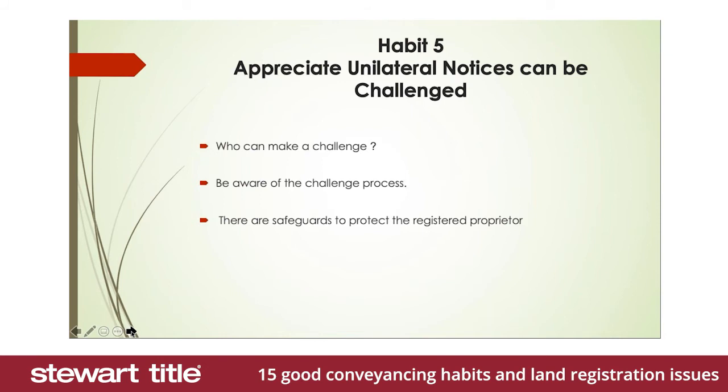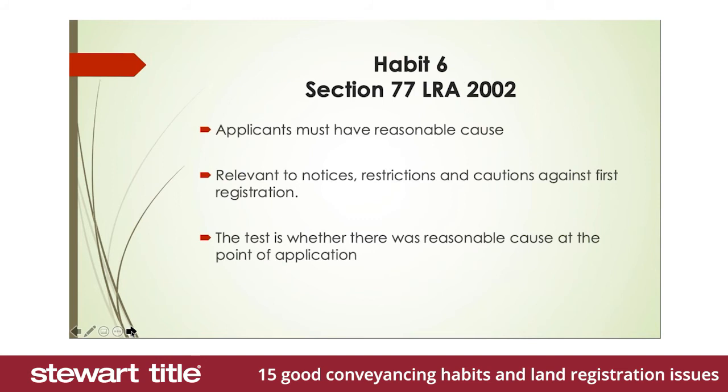Be aware of Section 77 of the Land Registration Act 2002. Very rarely used, most practitioners are not aware of it. Useful if there's a caution against first registration that's unjustified, if a notice has been placed on the title and is unjustified, and it can also be used to challenge any objection made to an application to the Land Registry. For example, if an objection is made to a claim for adverse possession. Very useful provision. Labatier and Mornington Estates highlighting the fact that it can be utilised to challenge the use of a unilateral notice to protect, for example, an exchange of contract.